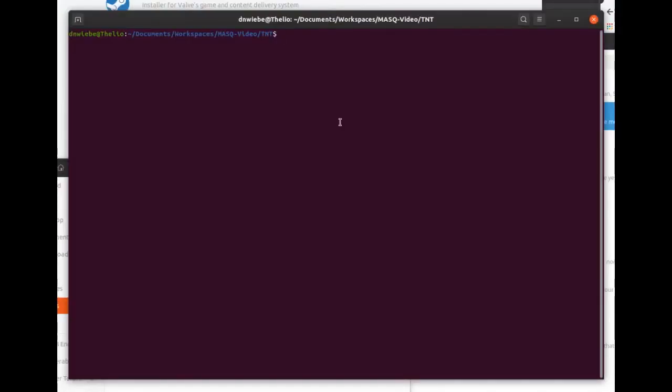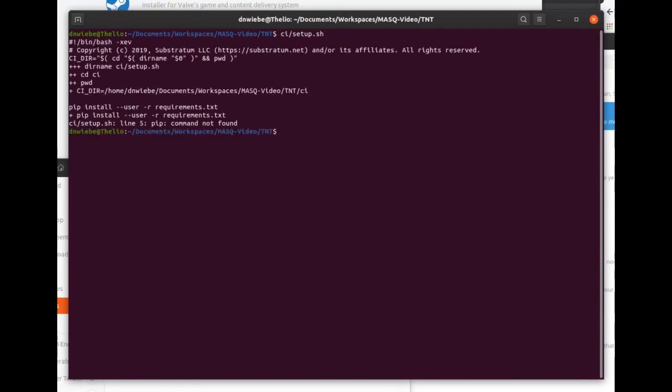Okay, so back in the command window, let's do a CI setup. And oops, it looks like I don't have pip installed. Pip is a package manager for Python. Let's install that.